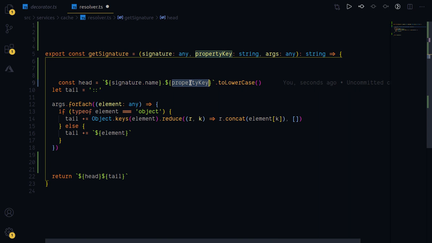The property key, the second parameter, is added after it. We put a dot in between, so that we can get to know the differentiation between the two, and then we convert it to lowercase. Now lowercase is not really needed, but it is just to ensure consistency between the indexes that we are storing.